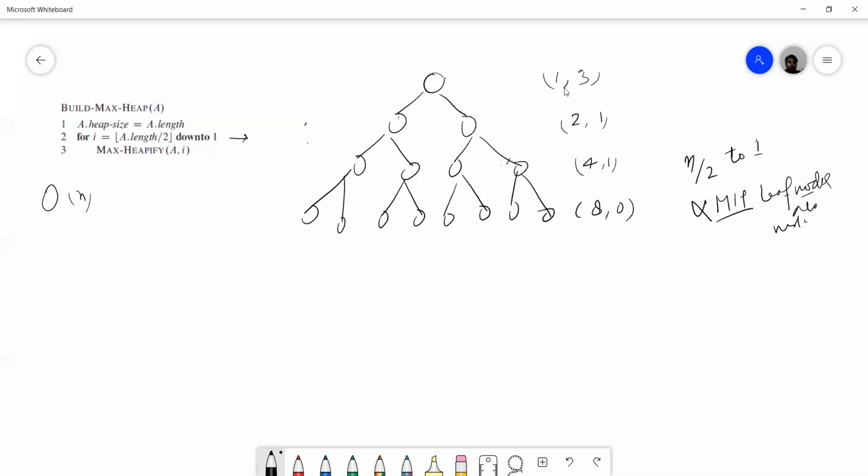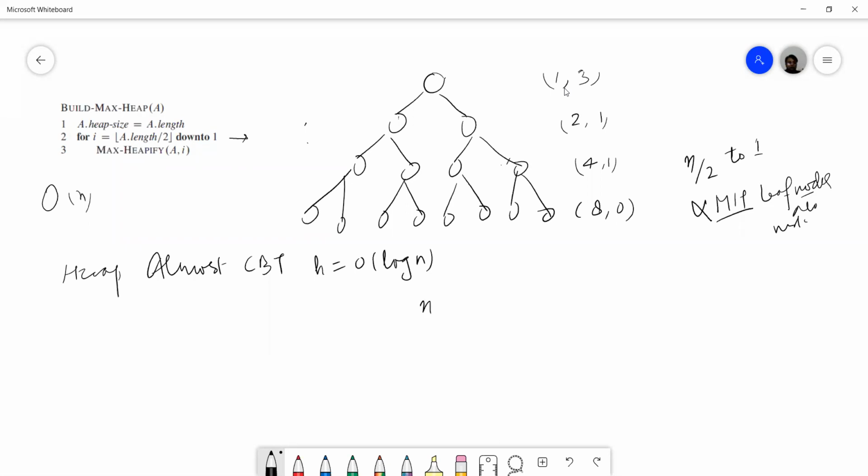So what is the maximum number of nodes that can be present at every level? The height of this particular tree, since I have already told you that a heap is an almost complete binary tree, and the height of a heap is order of log n. Total number of nodes is n.